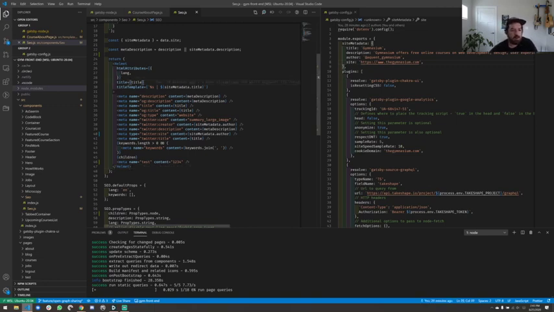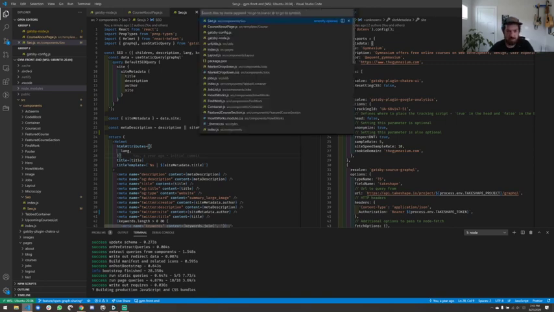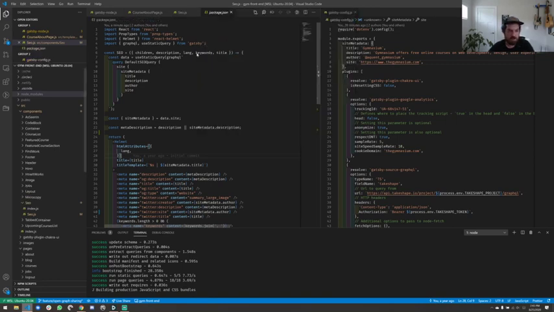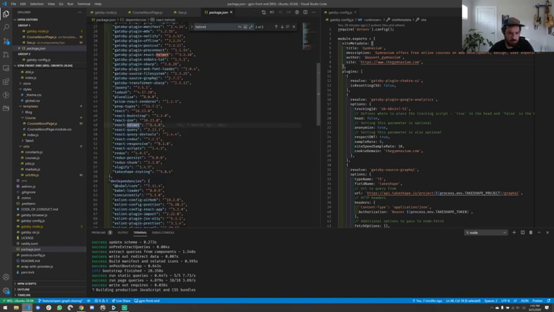It looks like I probably don't need this here either because it's duplicated down here, but we'll let that be. I suppose I should also make sure I have the right version of React Helmet. Yeah, 6.10.